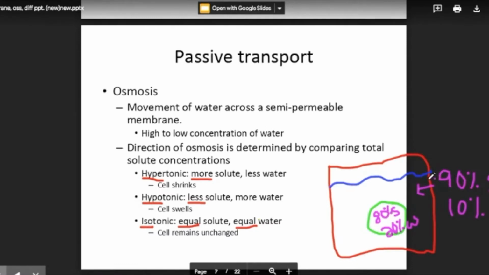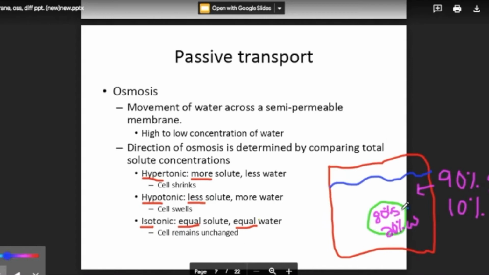So I have 90 outside the cell, and I only have 80 inside the cell. So the thing you need to know about water, it always flows to wherever there is more solute. Water loves solute. That's the direction it's always going to flow. So I compare these two solutions here. So 80 and 90. So 90 has more solute, so the water,